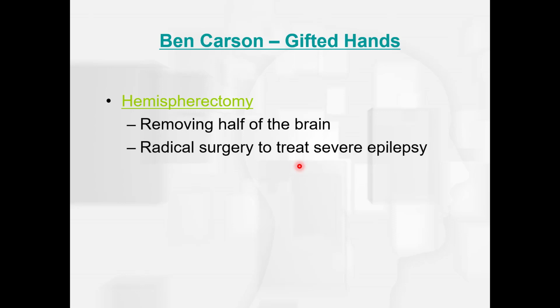You're also going to watch a video that talks about hemispherectomy. This is plasticity on steroids, it seems to me. It removes half the brain, and it's a very radical surgery used to treat severe epilepsy. It can only be done in young children, because, as I said, the plasticity of the brain decreases as we get older. In this short video you're going to see what happens and how amazingly resilient this one little young girl was to having one of her entire hemispheres removed.